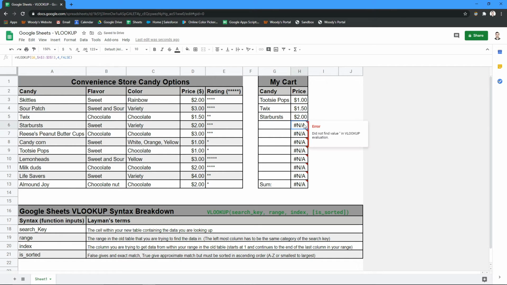And this has NA, obviously, because it can't find it. There's no blank cell within our range within Candy, so I'll just delete that out of there really quick for you guys. We can see our total is 450. Now that's really nice because it's auto updating. So I can type in candy corny here, and it'll auto update again. And that is how you use VLOOKUP.